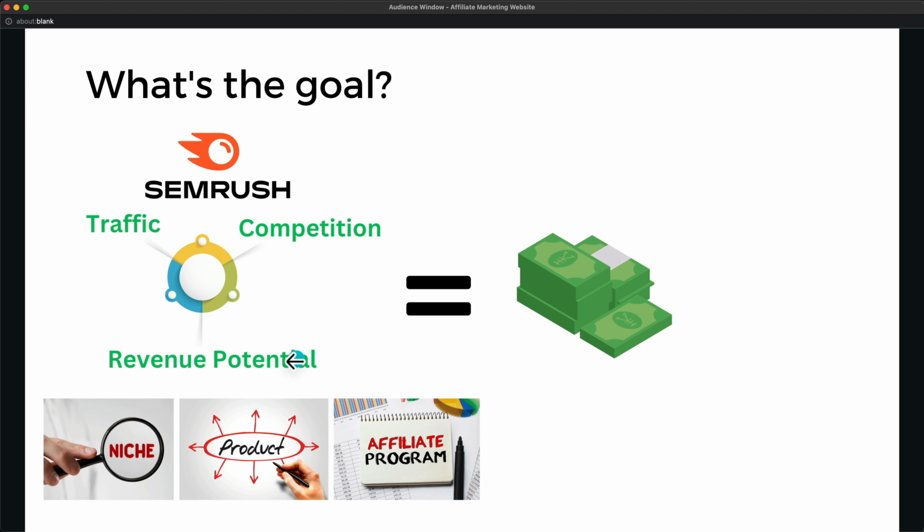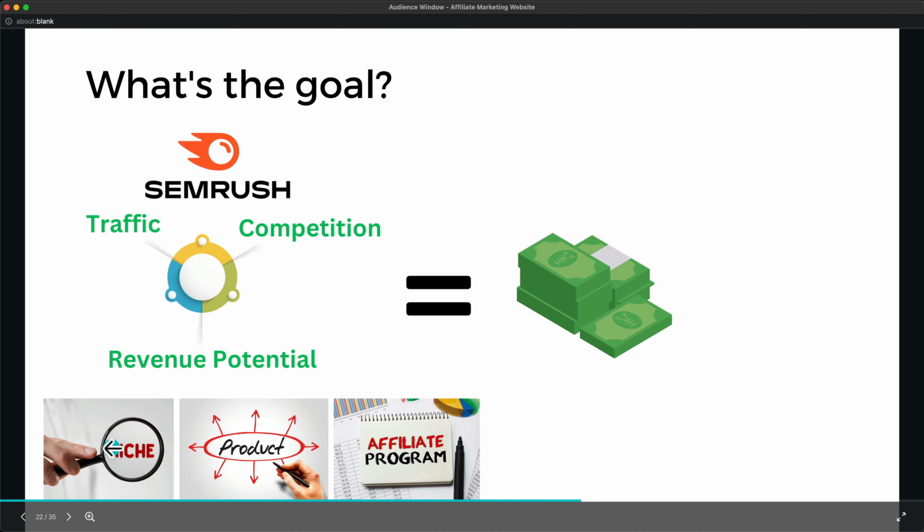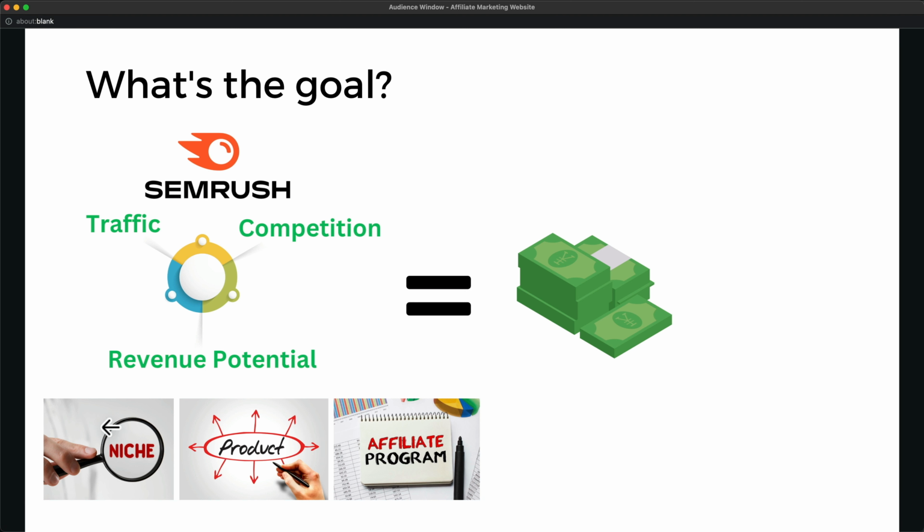I'm going to show you how to use it in a bit. Then for the revenue potential, we want to first think about whether that search term would actually lead to somebody purchasing something. So whoever searches that term, is that person just about to make a purchasing decision? And then we also want to think about the niche. There are niches that are more profitable than others. I'm going to leave you a document down below in the description, giving you a list of the most lucrative niches, in my opinion.